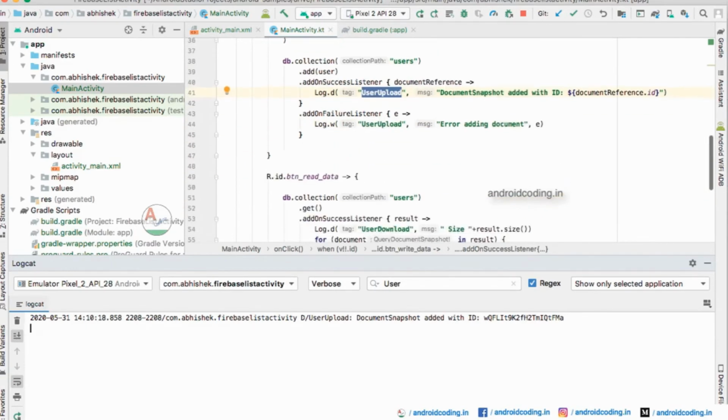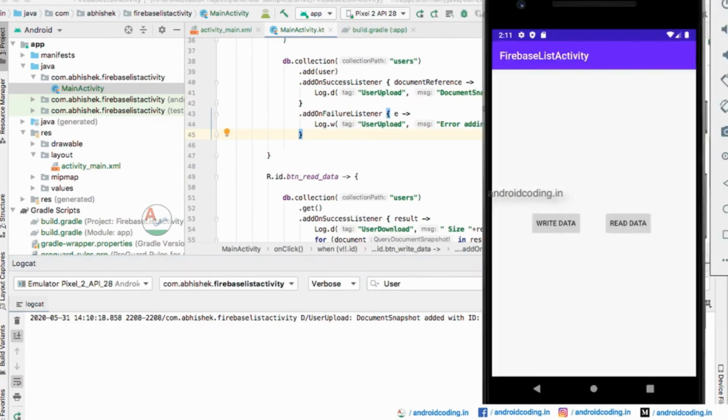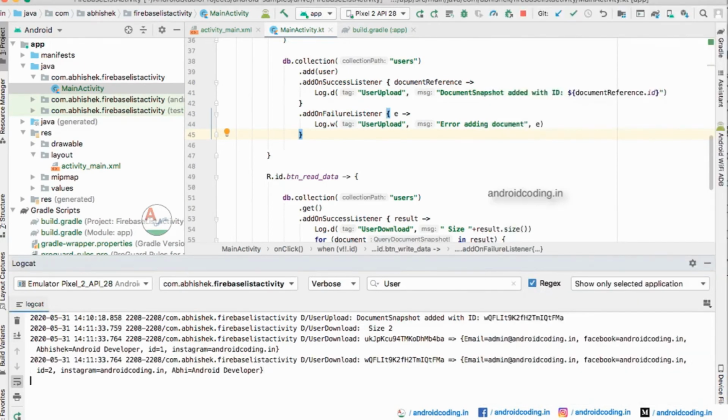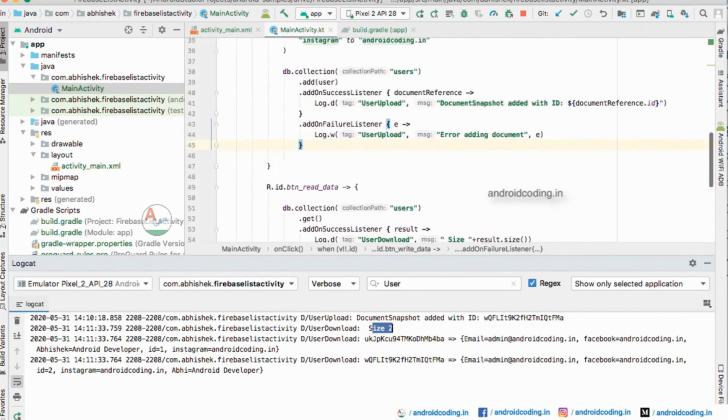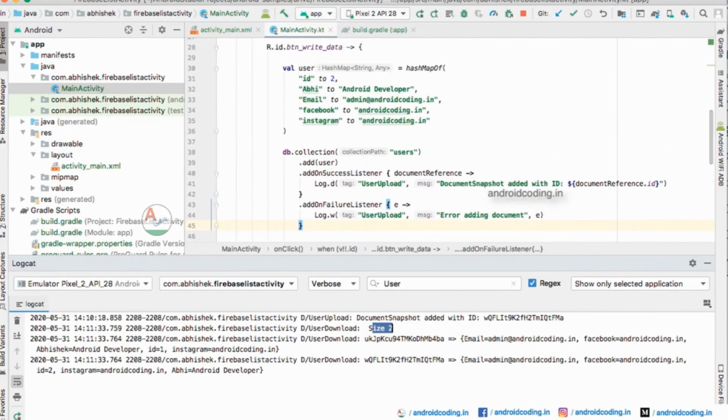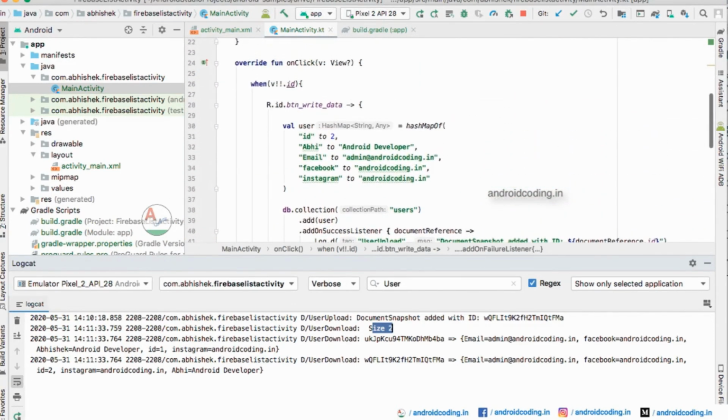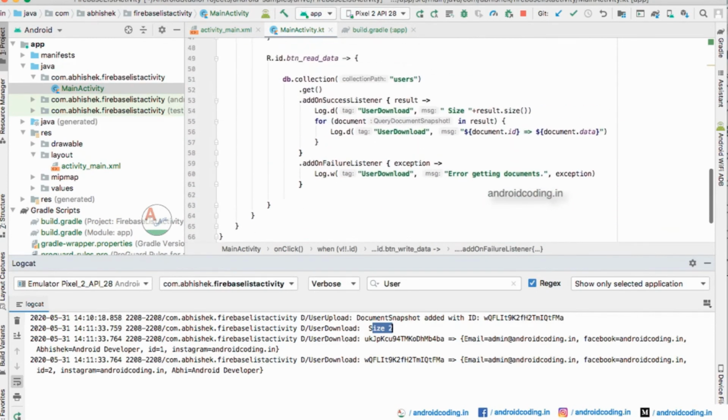Okay, so now let us try to read the data. I will click on read data, and you can see here user download size is 2. So what is this 2? We have 2 documents, so the size of the list is 2 here.